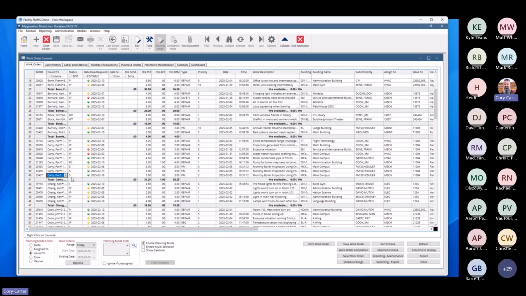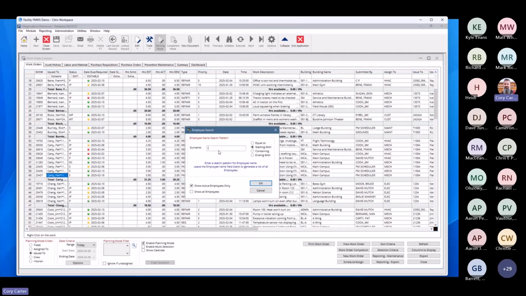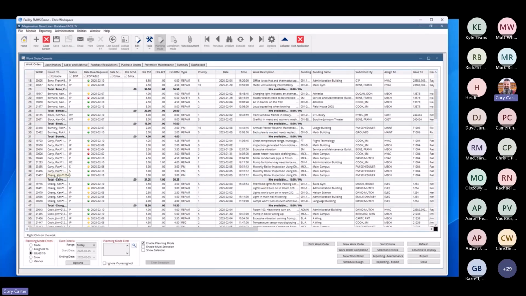So I can move this work order from Pat just by changing the employee, right? So I change that to Ken Chang, and it stays here until I refresh, and then it's going to move,